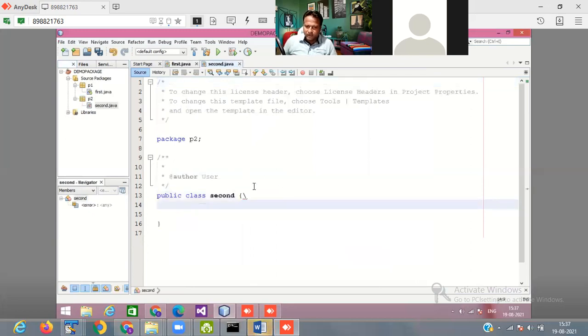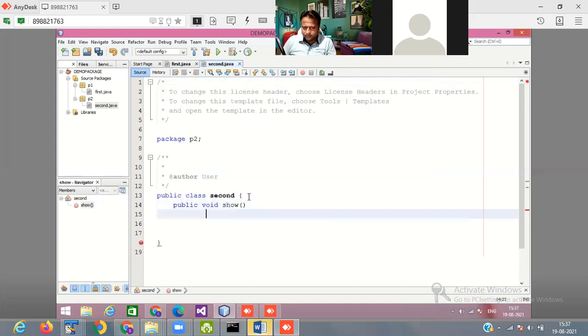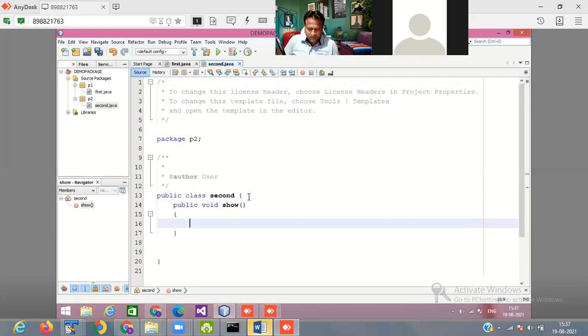So here I define a function, public void show function. In the show function it will display system dot out dot println, this is second class.